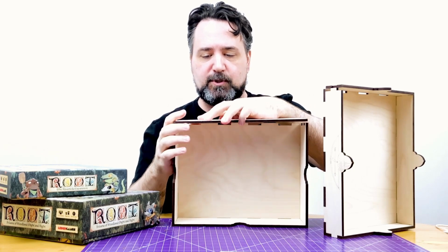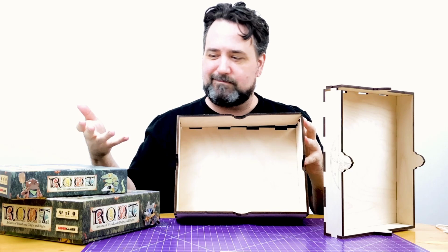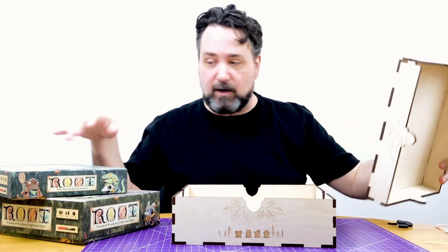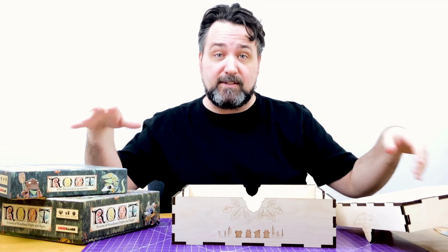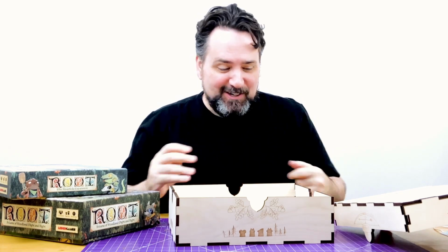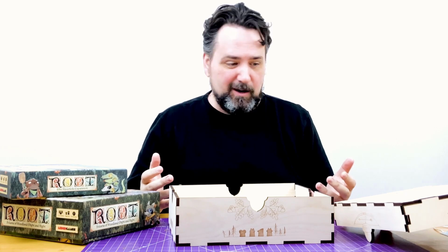But you're supposed to glue it together and then, like, what? Just dump everything from your boxes inside this box? Well, no, they have a couple of other products that are inserts made to fit the pieces in the Root base game and its expansions, but they forgot to send those. And so I found myself putting this thing together on camera and then going like, uh-oh,